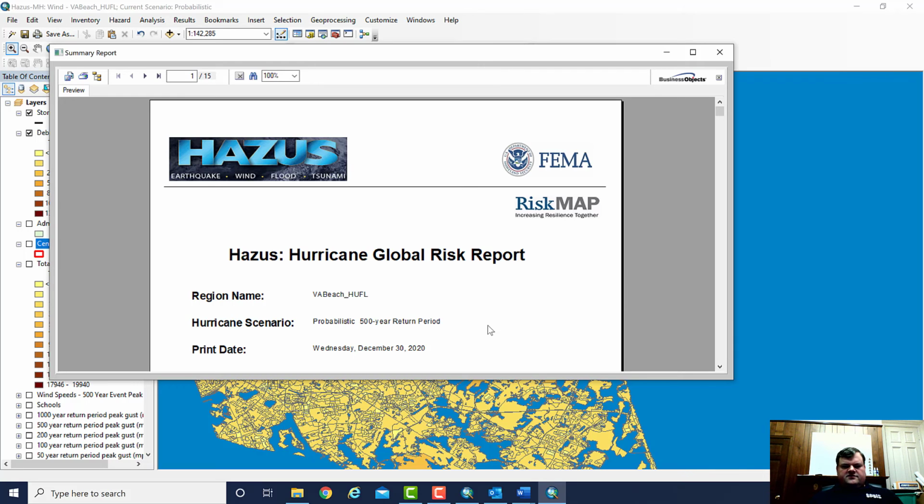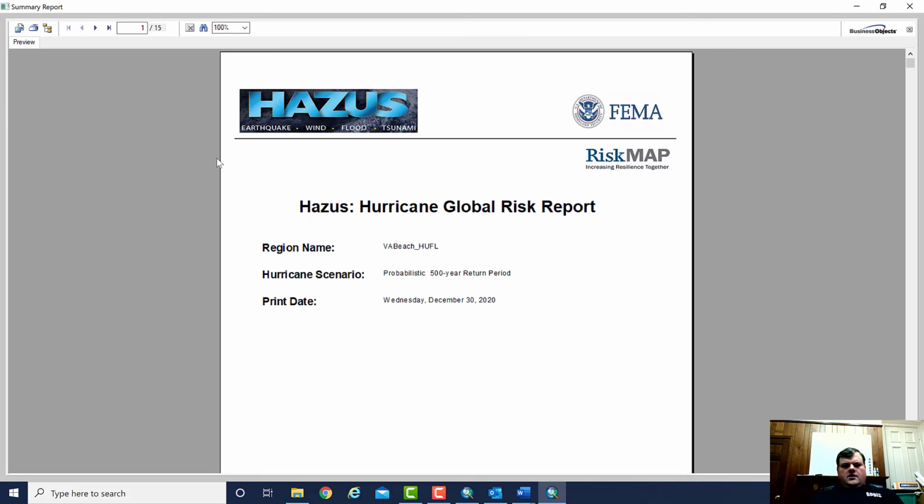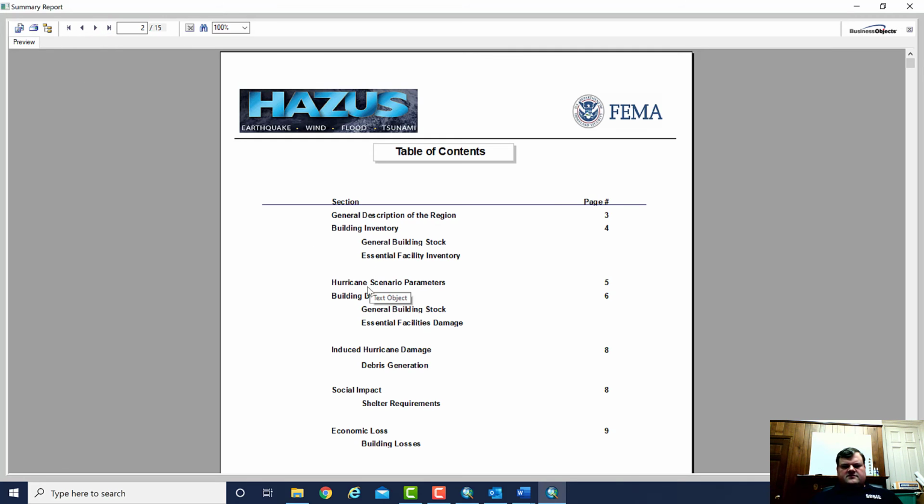Okay, so here is the probabilistic 500-year return period hurricane for Virginia Beach. You'll see this is similar to the other ones. We have a cover page, and we have a table of contents, describes what's in here. So we have a section on the description of the region. We have information on the inventory, the general building stock, and such facilities. We have the hurricane scenario parameters, and then we have the building loss,